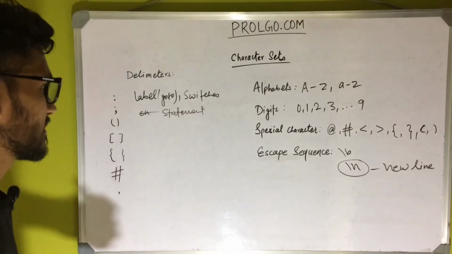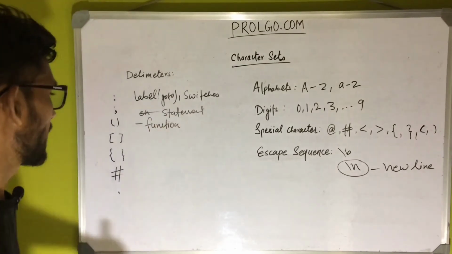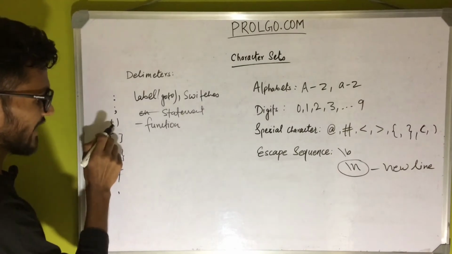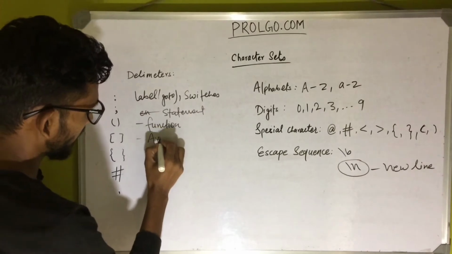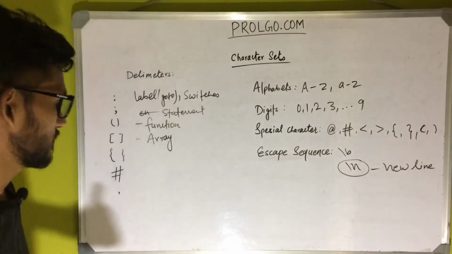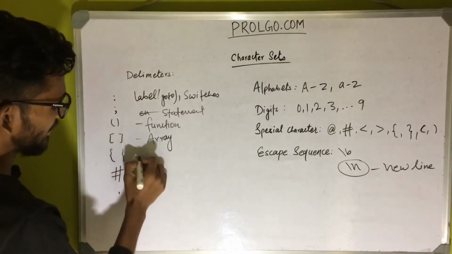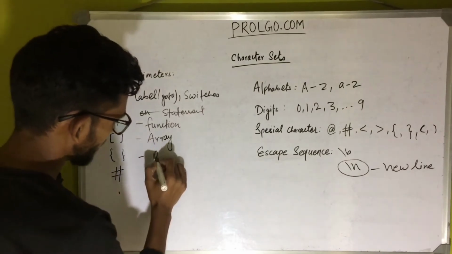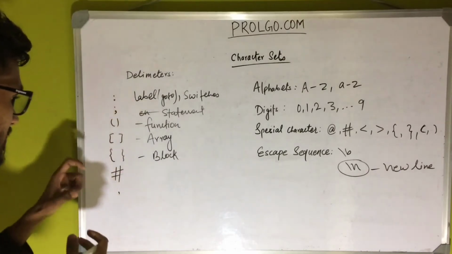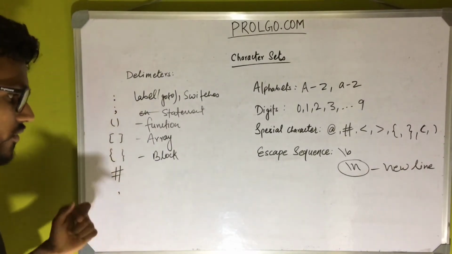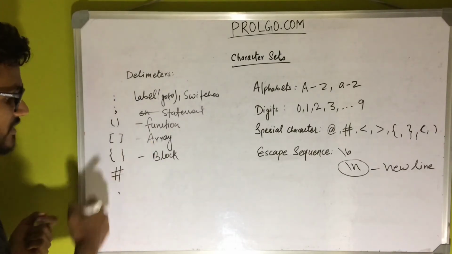And then this is the parenthesis. This is used in functions. And this is the bracket. This is the parenthesis, and this is the bracket, and this will be used in arrays. Okay, this is the braces. This will be used for a block. I mean, if there are some lines of code which should be part of one single block, then at that place we will use this one,